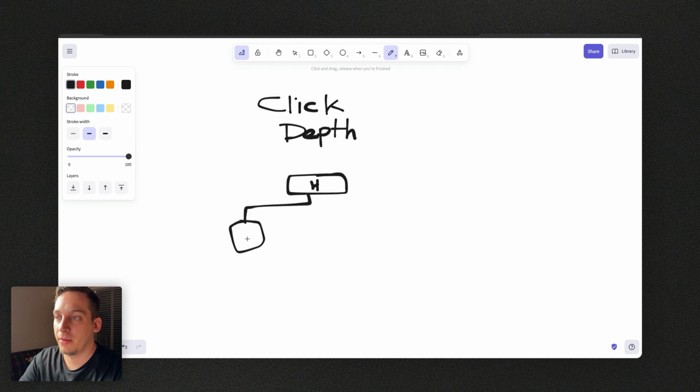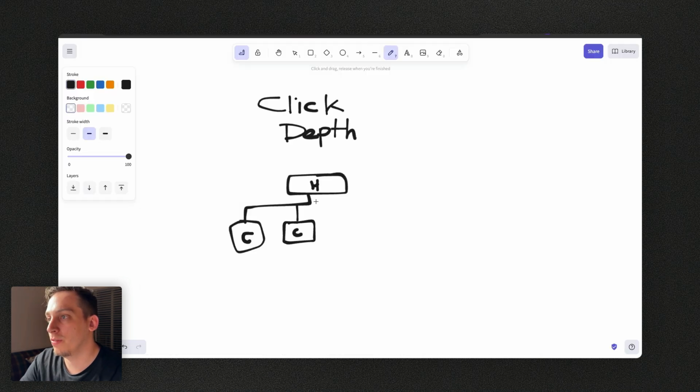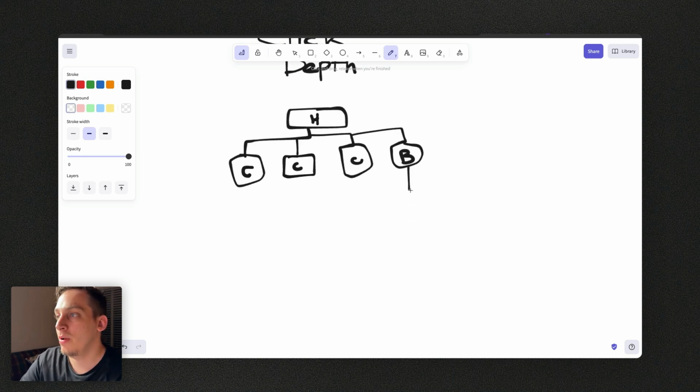Tacoma Beast sells Tacoma parts, so we have exterior, interior, lighting, performance, and so on and so forth. We also have the blog, and inside of this blog we have page 1, page 2, and page 3,